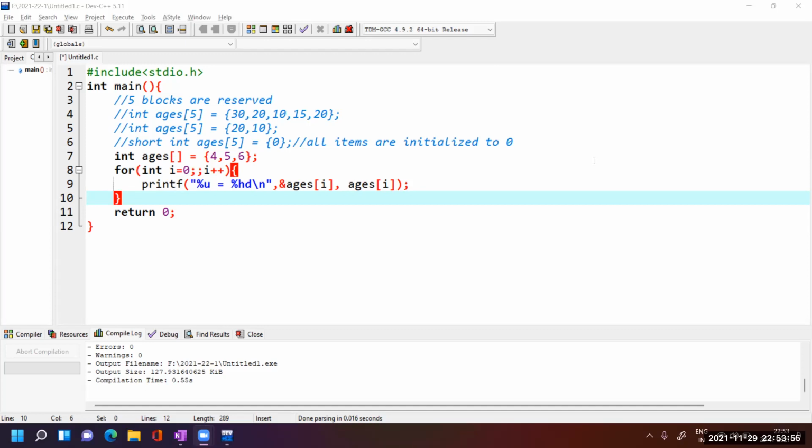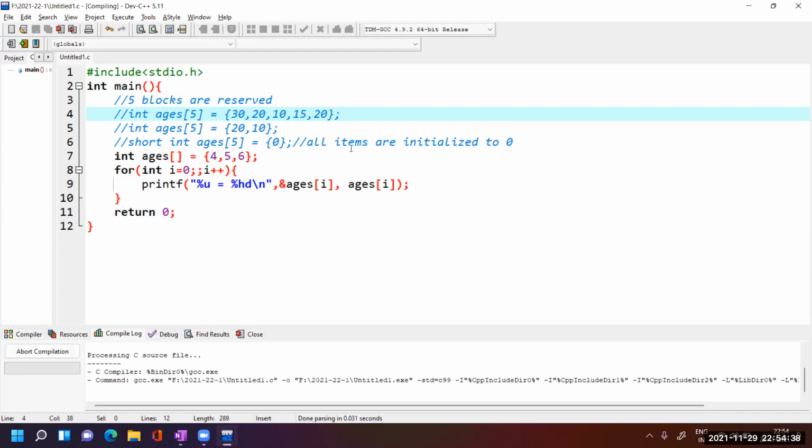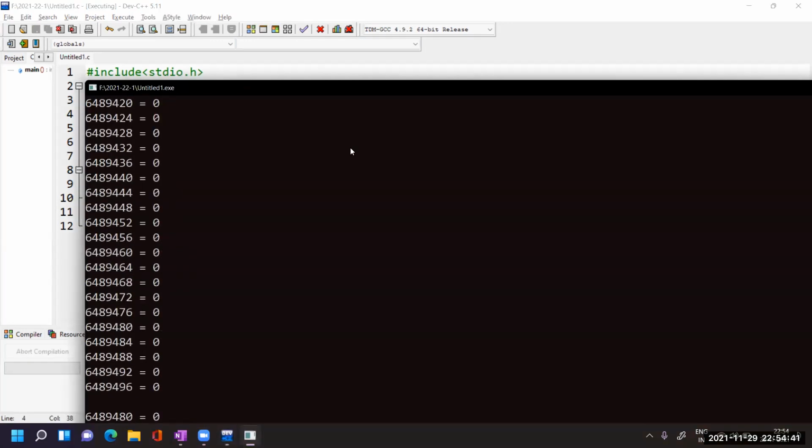Now let's see what will happen. Compile and run this. It's printing addresses one by one, values one by one. Now it has stopped. That means you reached the end of the RAM, or how much of the RAM this program can access.